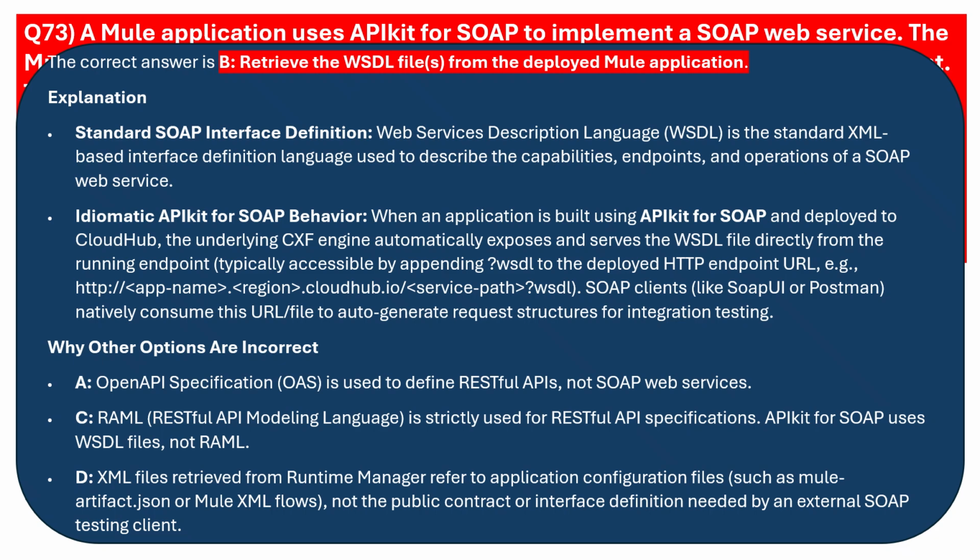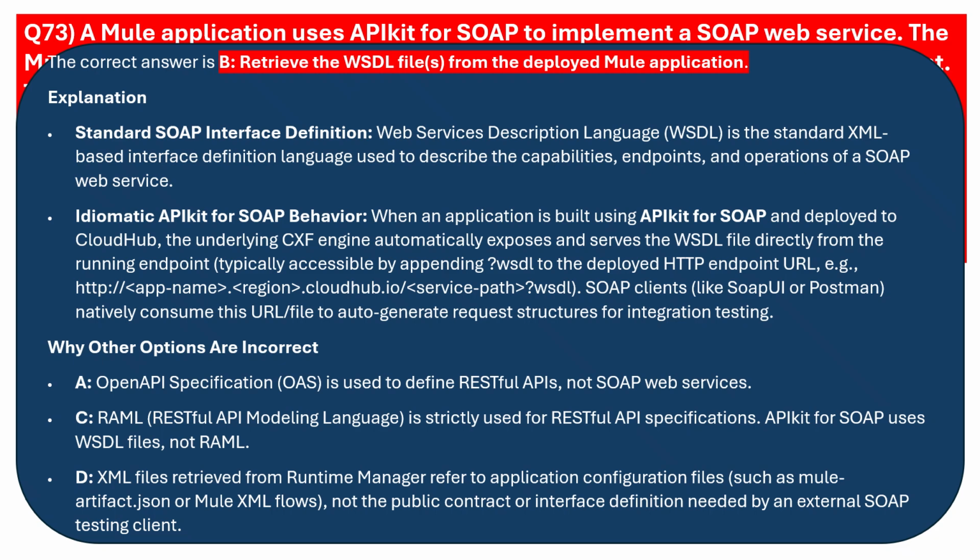Idiomatic APIkit for SOAP behavior. When an application is built using APIkit for SOAP and deployed to CloudHub, the underlying CXF engine automatically exposes and serves the WSDL file directly from a running endpoint, typically accessible by appending ?wsdl to the deployed HTTP endpoint URL, e.g. http://appname.region.cloudhub.io/service-path?wsdl. SOAP clients like SOAP UI or Postman natively consume this URL/file to auto-generate request structures for integration